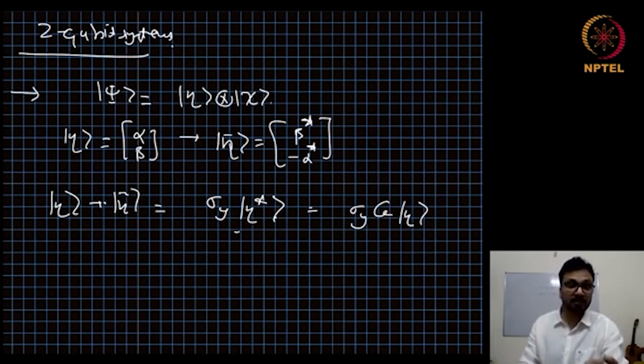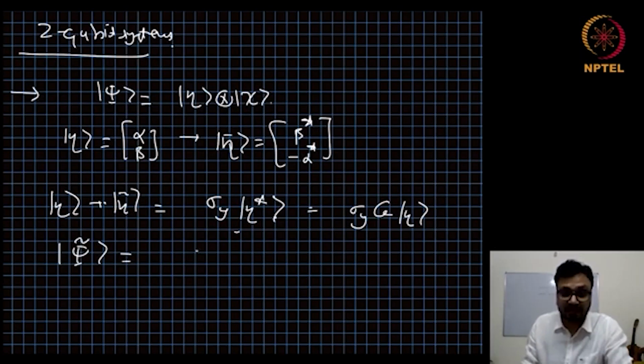Eta is a state of a qubit, or we can think of it as a state of a spin-half system. Then if we want to flip the spin or get the orthogonal state, we take first the complex conjugate and then the sigma y operation on it. So the complex conjugation followed by sigma y is a spin flip operation. So it means if we go to the psi tilde state, which is complex conjugate followed by sigma y on the first qubit and complex conjugate followed by sigma y on the second qubit,